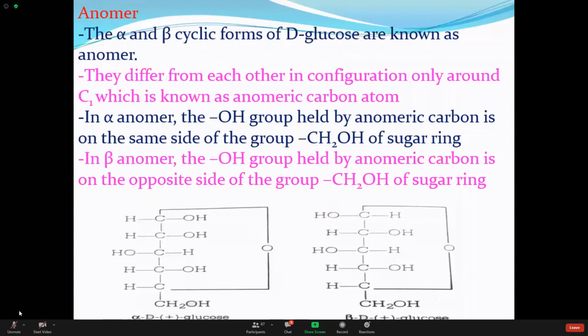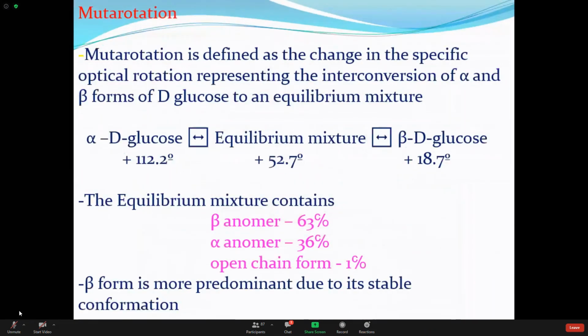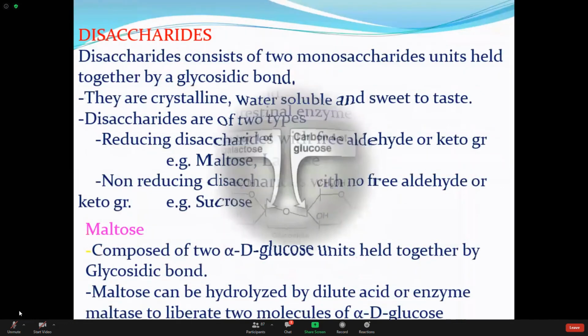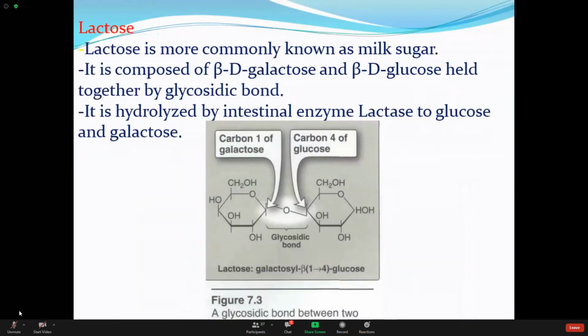Okay. So anybody have any question? How are we feeling, is the slide okay for you? Yes, Doctor. The slide is easy and clear. Okay. So now you have to read it. I think you will not have any problems while reading, because I described almost everything. But if you have any problem, you can ask me on my WhatsApp. Take the number from the leaders and you can ask me. But I think you will not get any problem.